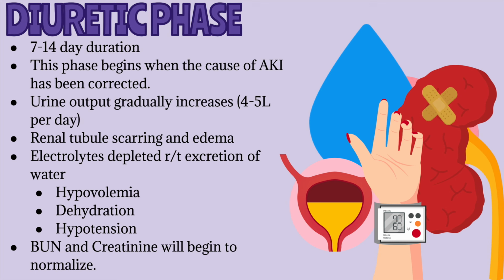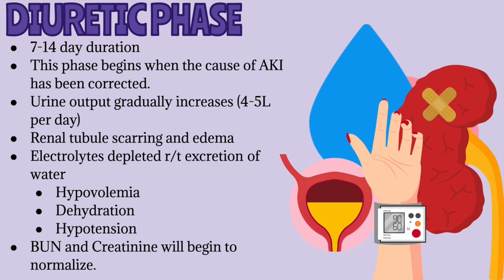Though the patient is finally diuresing, there are still some issues with kidney function. Renal tubule scarring and edema may occur. Also, as the kidneys start excreting excess fluid, we often see electrolyte imbalances. This can lead to conditions such as hypovolemia, dehydration, and hypotension. BUN and creatinine levels, which were previously elevated, will gradually normalize during the diuretic phase, signaling that kidney function will